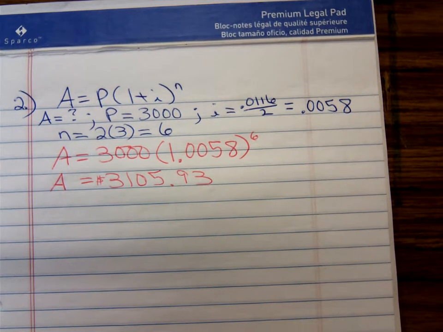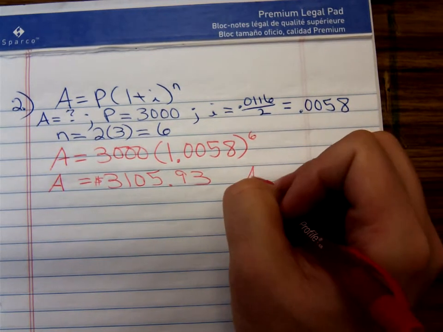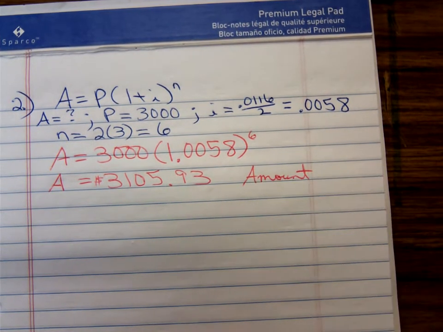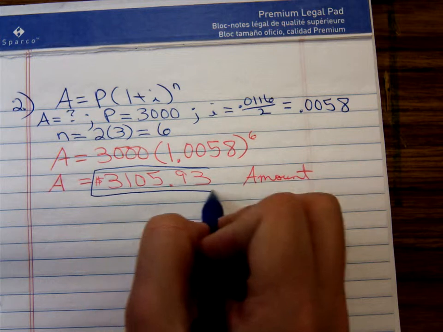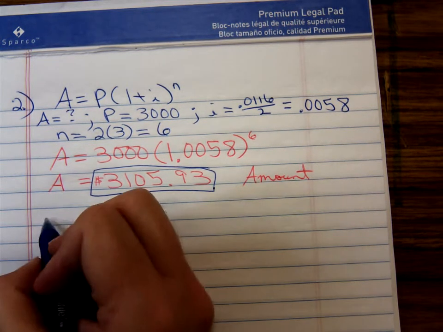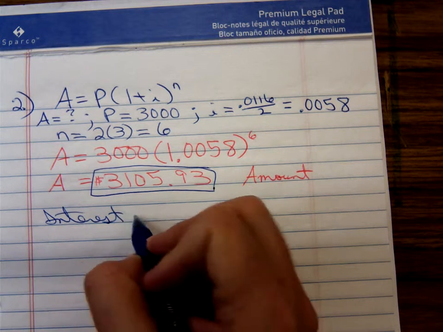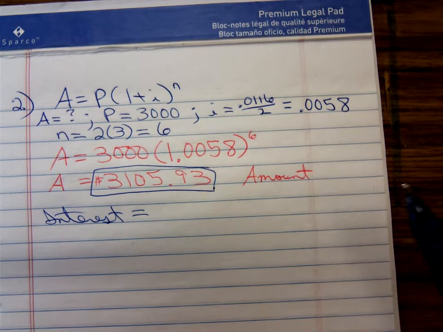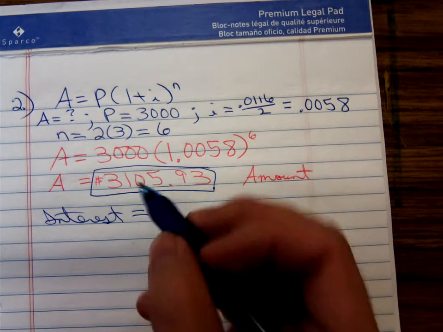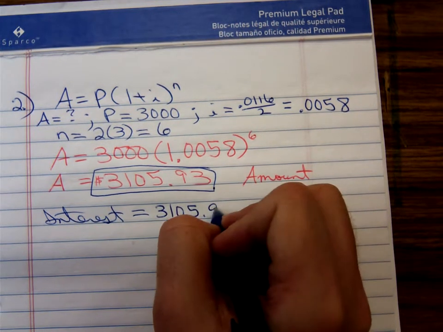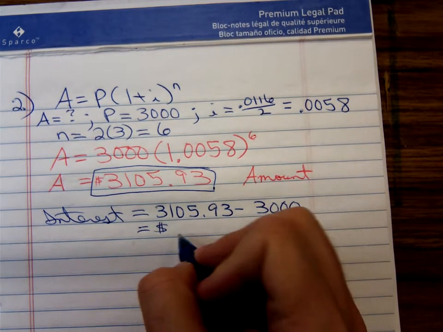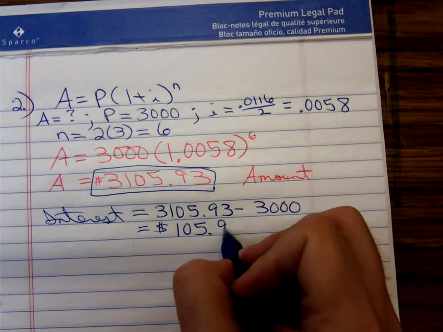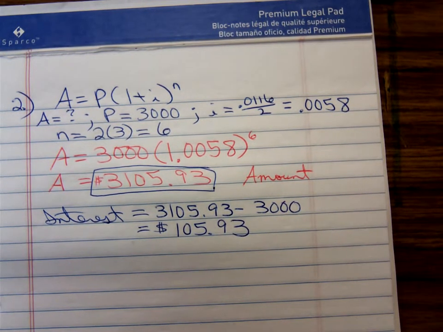Now what is that? Is that the interest they earned? No, that's just the compound amount. This is the amount of when you cash in that CD, that's how much they're going to give you. But remember, $3,000 of it was your own money. So the amount of interest, what do we have to do? Yes, we have to subtract off the original $3,000 investment. Take that 3105.93 minus the $3,000, that's your own money. Well, you only made $105.93 in interest,